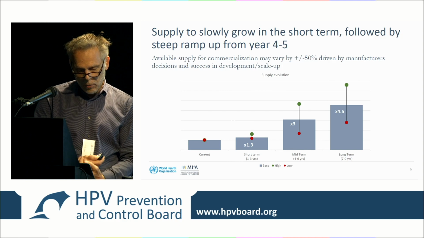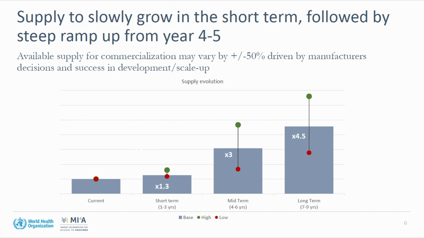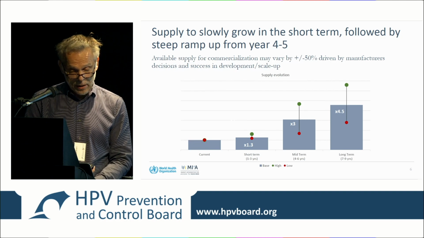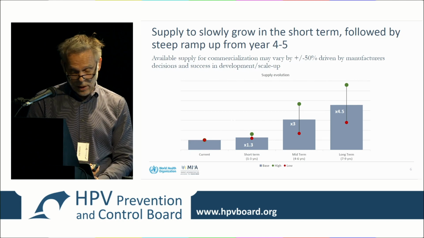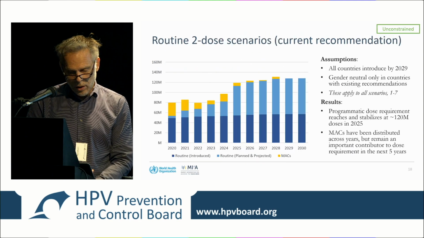As you can see here, for the coming years, if you compare to the current situation in the short term, which is 1 to 3 years, at best, which is the green dot, we will increase by 30% the amount that is available, or it could be a little bit higher. The red dot could be a bit lower, and if things don't materialize, we could stay at the same. But in the midterm, we expect things to get better, and that the production will go up by 2 or 3 times. And in the longer term, it should be even much better. So that's the overall situation.